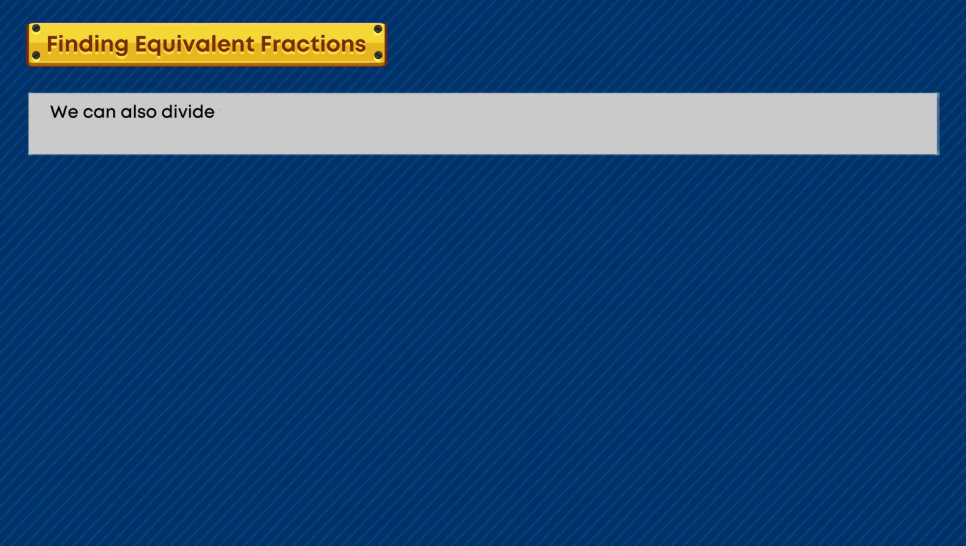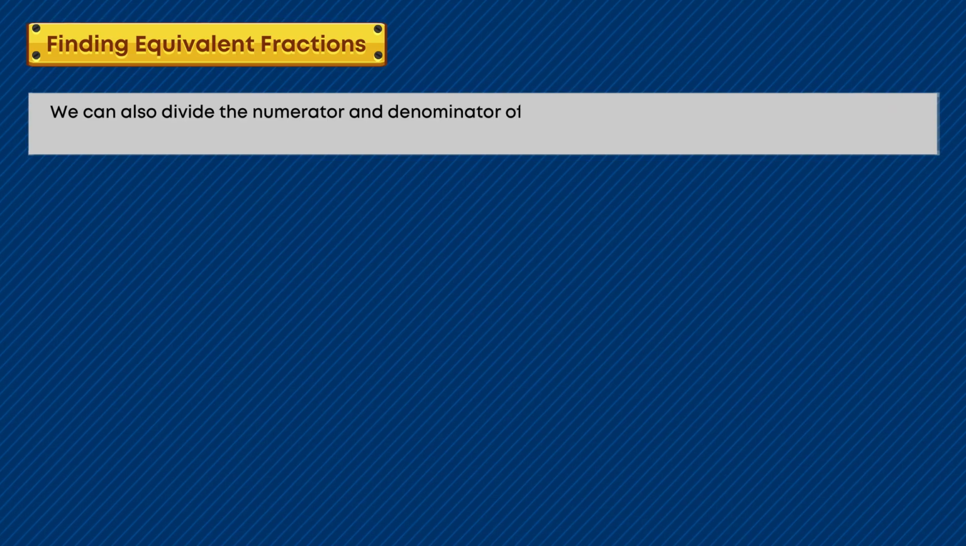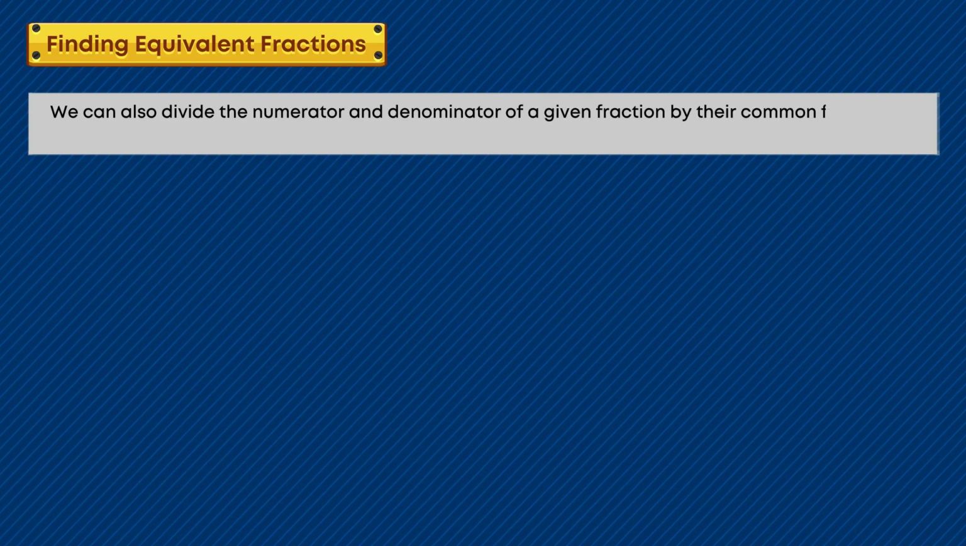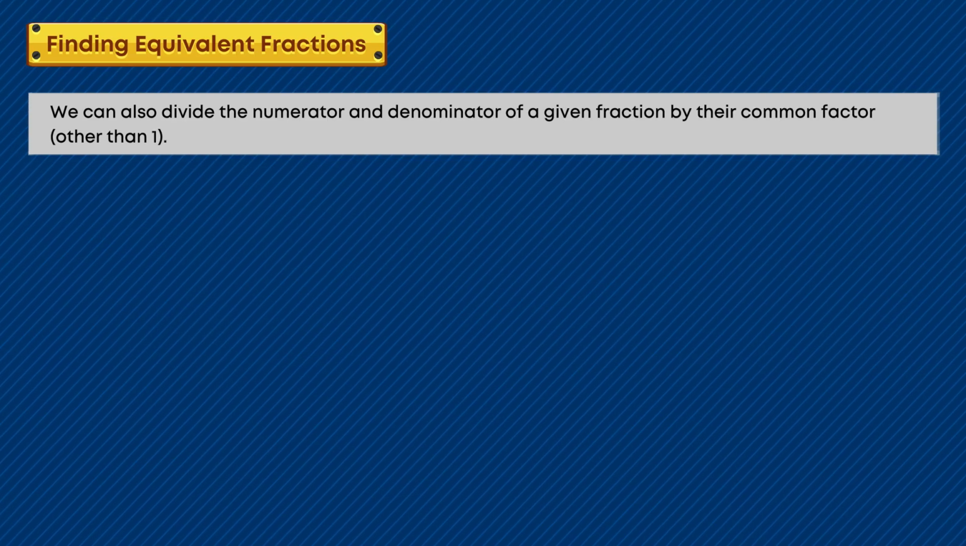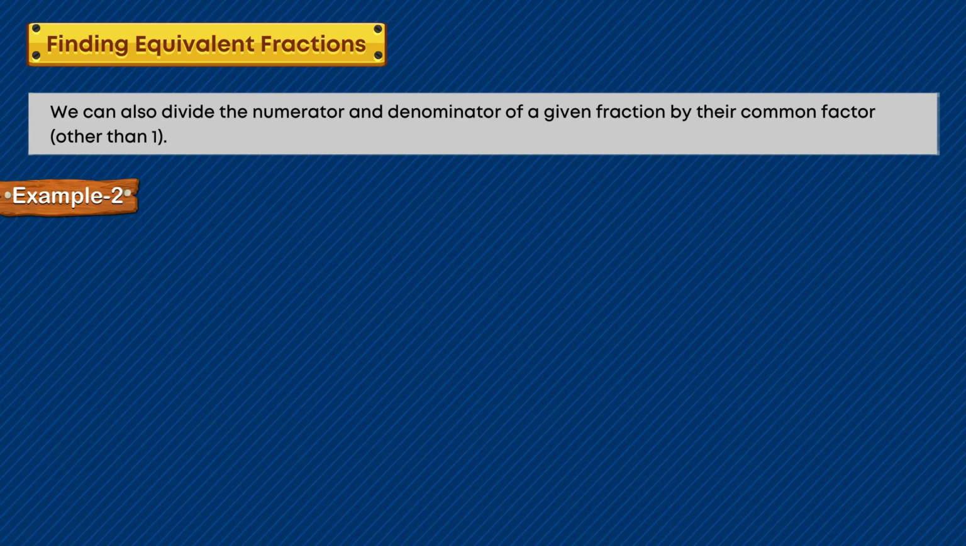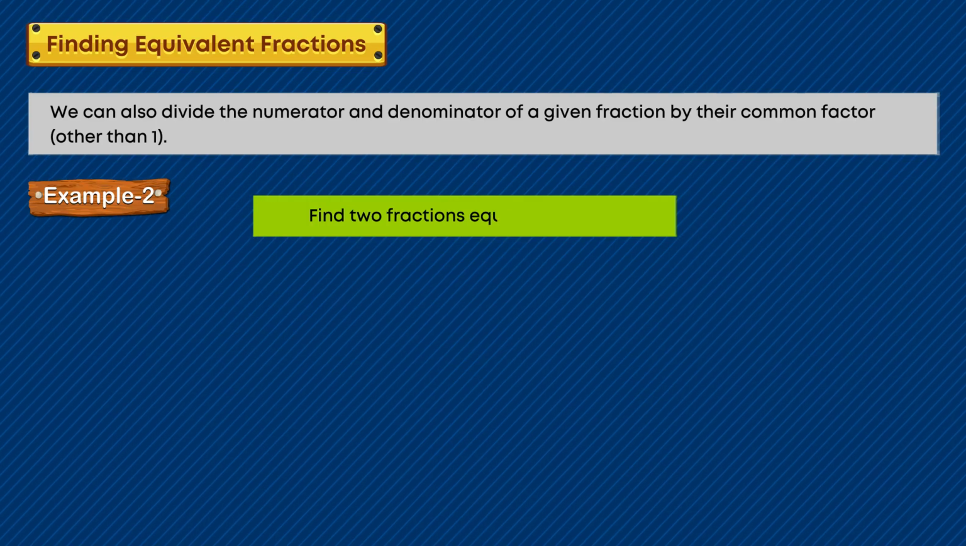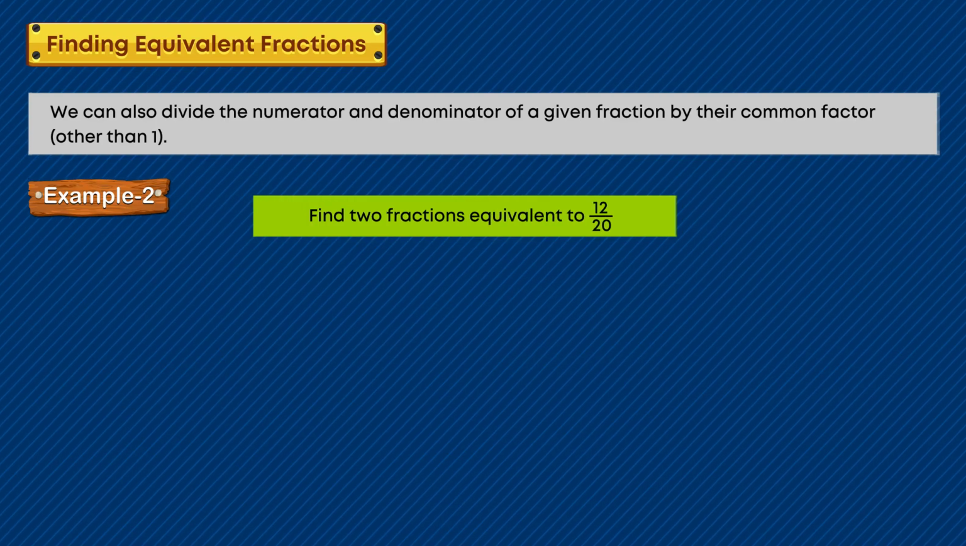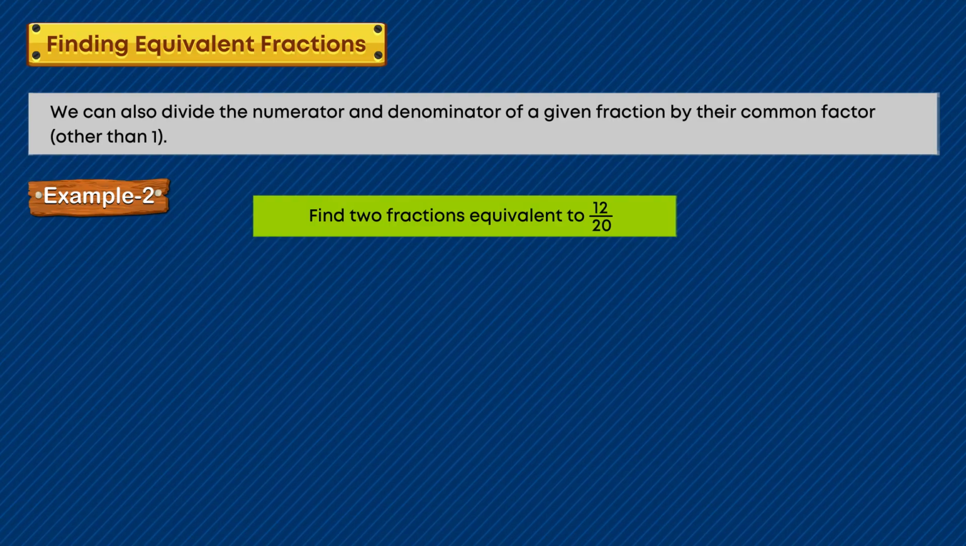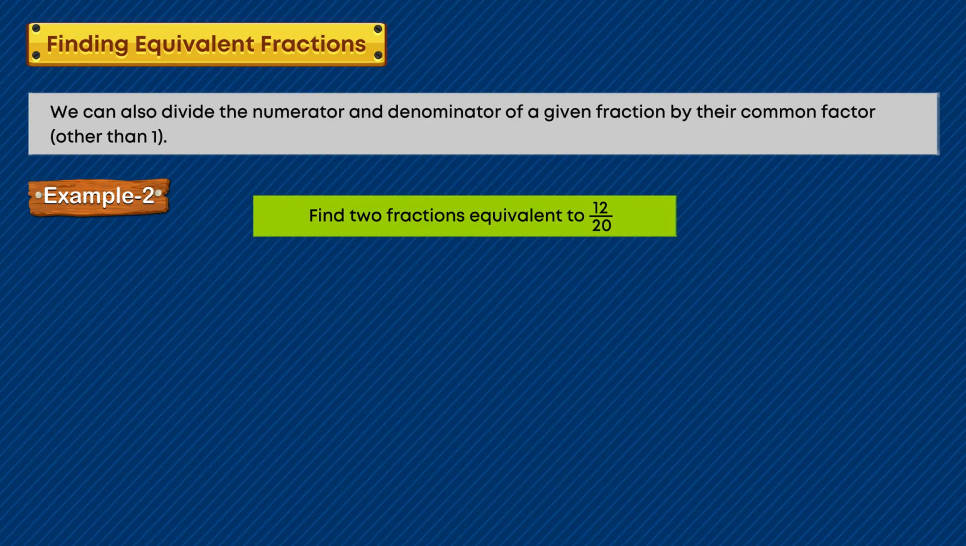We can also divide the numerator and denominator of a given fraction by their common factor other than 1. Example 2. Find two fractions equivalent to 12 by 20. Solution: